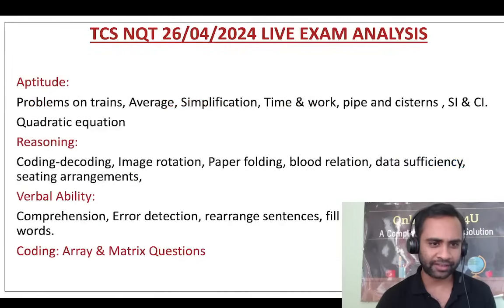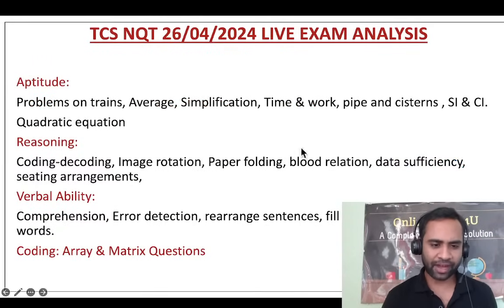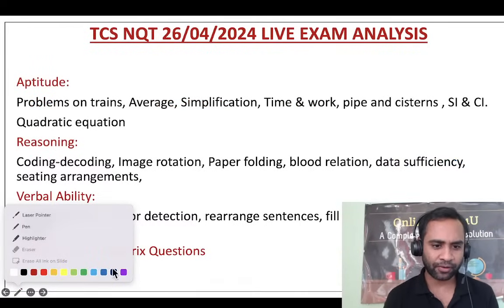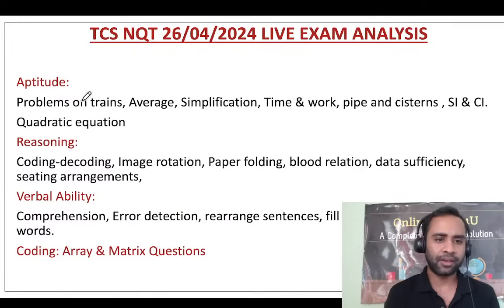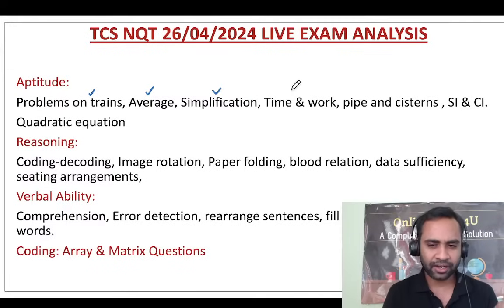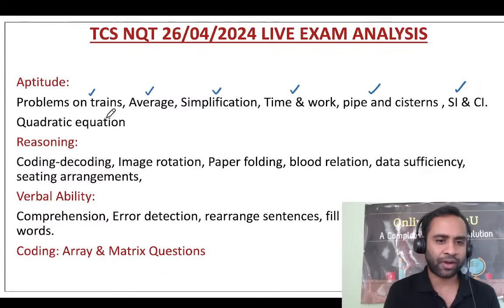These are the questions which were asked in today's exam, we will discuss them. Before that, friends, just a brief of what happened in today's exam. The topics asked were problems on trains, average, simplification, time and work, pipes and cisterns, SI/CI, quadratic equation.